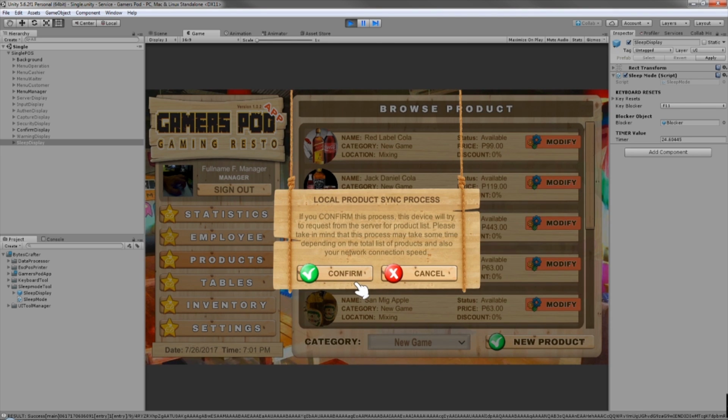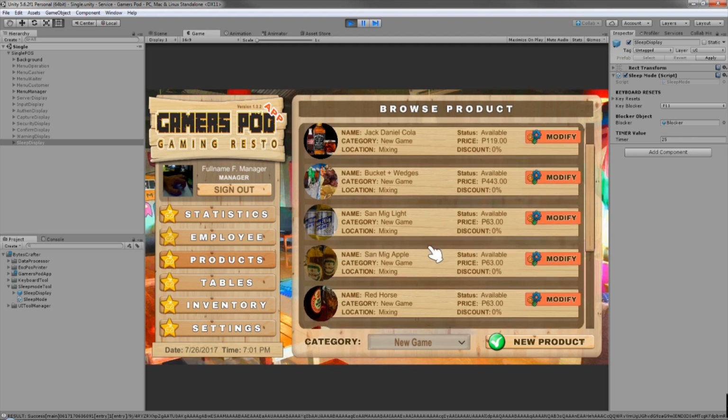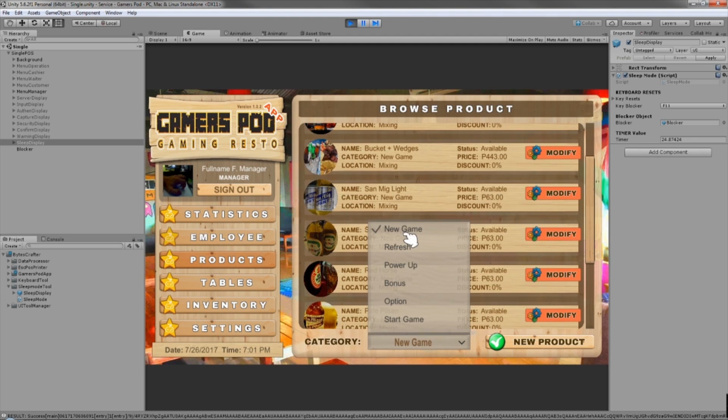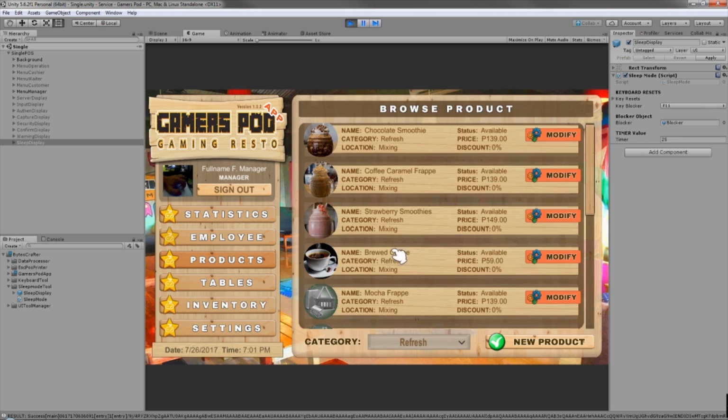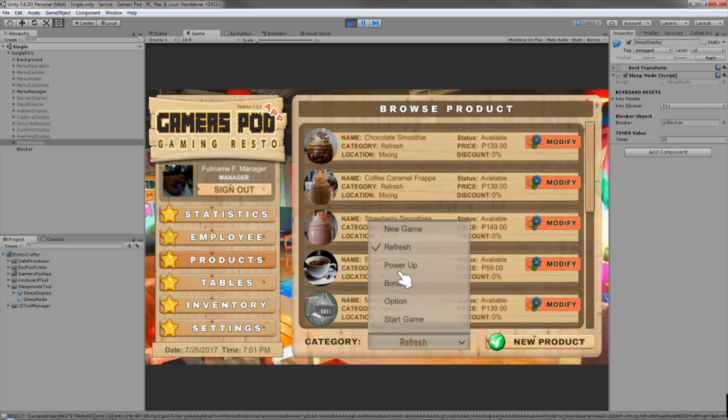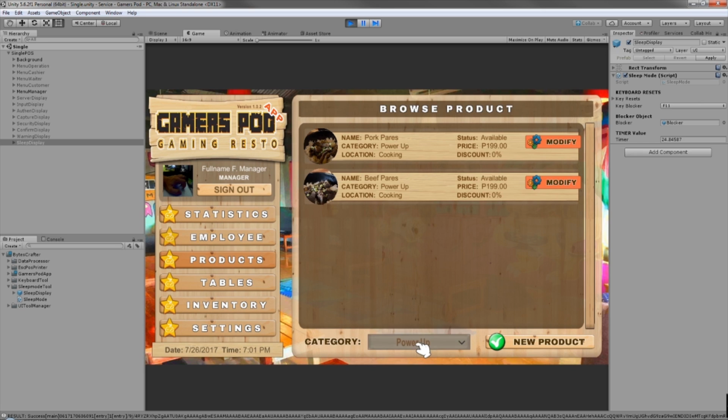So cancel. Every time, I put in error handling, so if you made changes to the product, the mobile POS will always ask, do you want to re-update the local storage, or do you want to just cancel, because you don't have any changes. So let's cancel this because we did not. So you can choose all the categories, I'm sorry. As you can see, it is automatically rebrowsing on the scroll rect of this Unity.